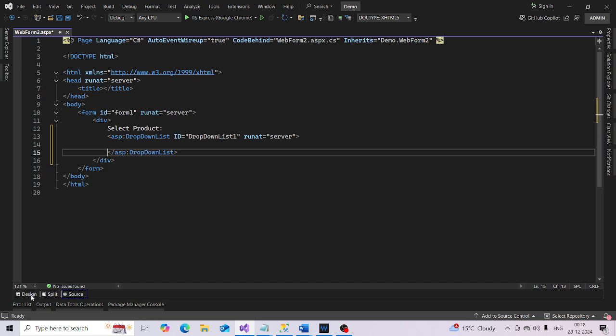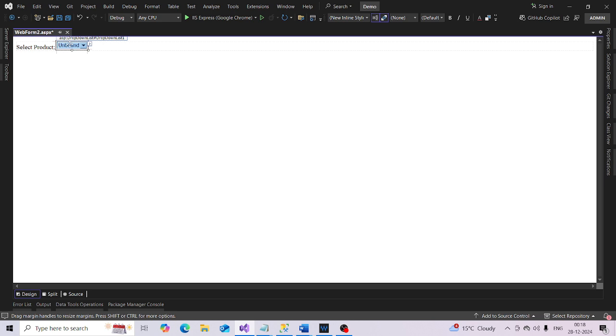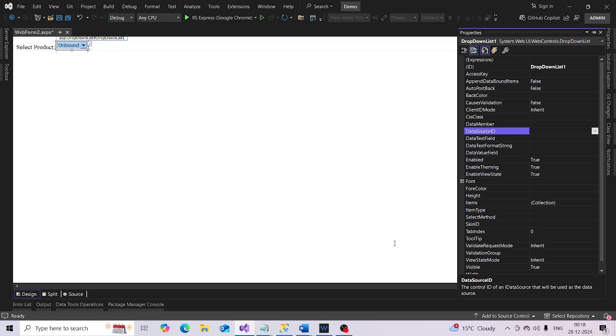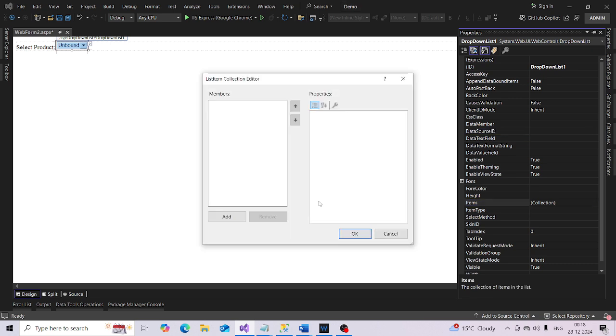And go to the design part and get to its property. And here you will see the collection items, and you can add here first item, text all, value all. Okay,